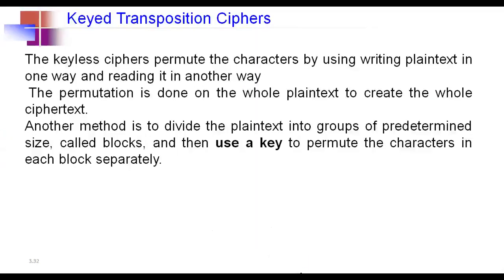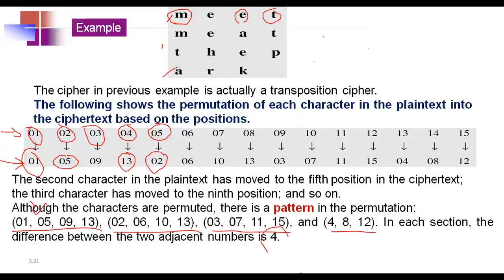That's why we should use keyed transposition. So we should use the keyed transposition ciphers. In the previous case, there is no key value. Simply, we have written the given text as row by row within a specific number of columns, but read those characters column by column. So there is only one thing: all rows are read as columns, and all columns are read as rows.